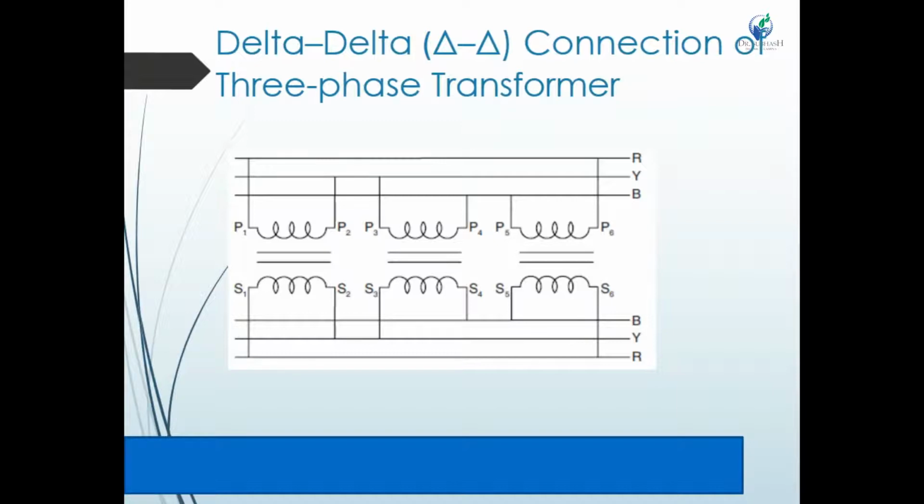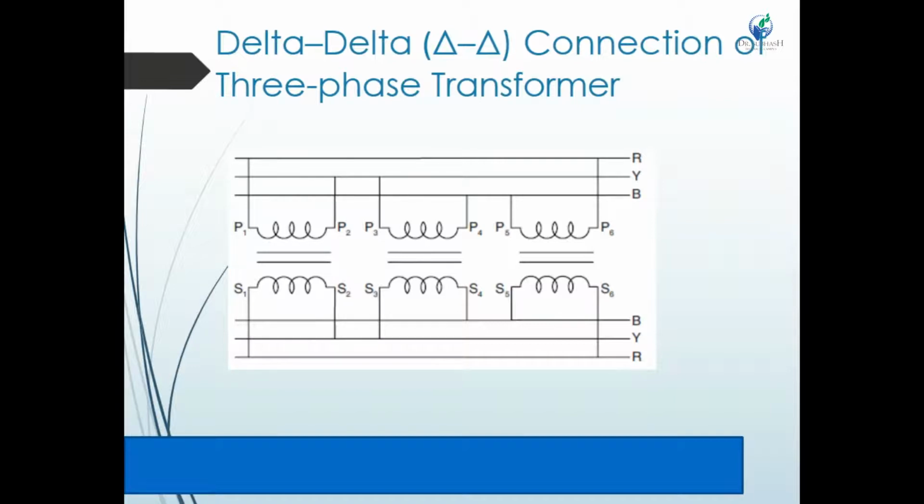This connection is economical for large low voltage transformers because it increases the number of turns per phase. The voltage triangle of delta-delta connection is shown in this figure. It shows the angular displacement between primary and secondary is 0. The ratio of transformation between primary and secondary line voltage is strictly the same as that of each transformer. The secondary triangle RYB occupies the same relative position as the primary voltage triangle RYB due to zero angular displacement.